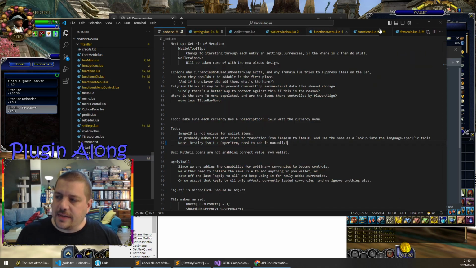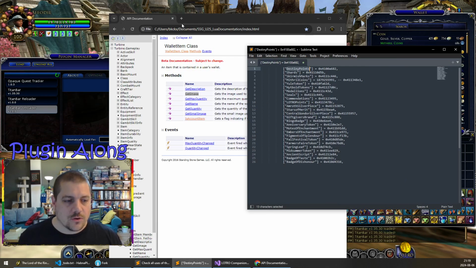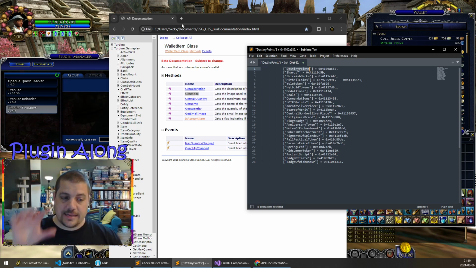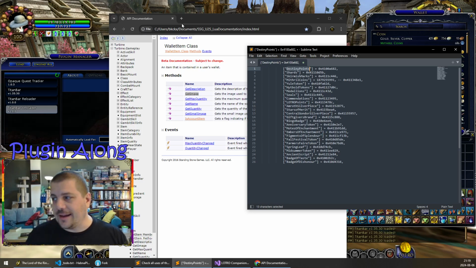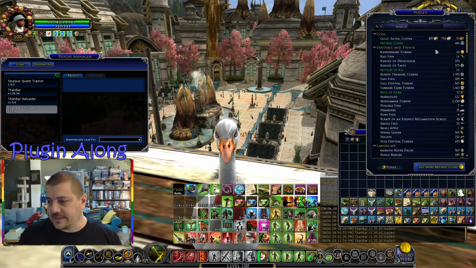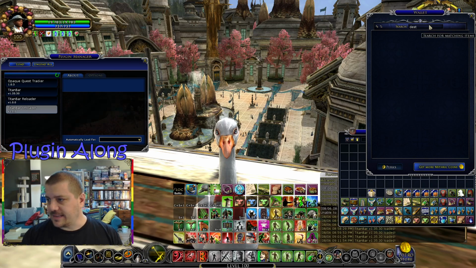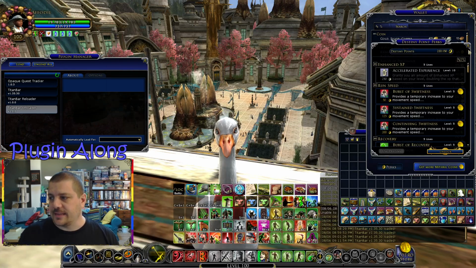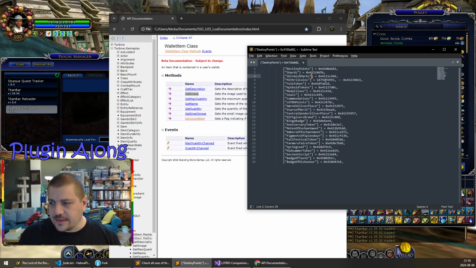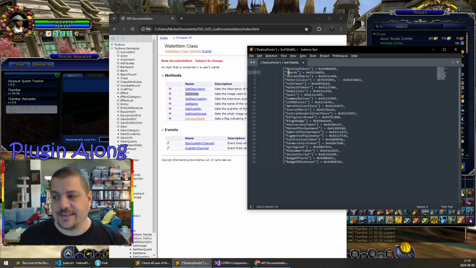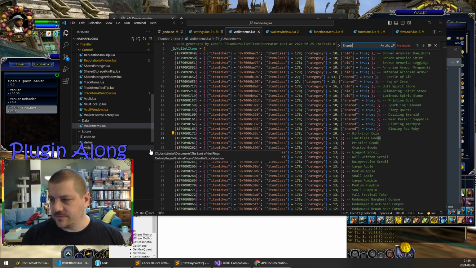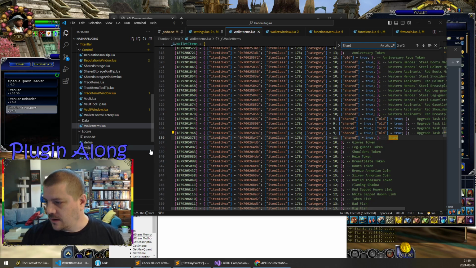Fantastic. It's funny because the TitanBar currency system pulls from a couple different things. LOTRO points, there's no interface to grab it. Destiny points is attached, or you reference it differently than all of the stuff in your wallet. And so it's actually merging together things from a couple of different places. Is Destiny shown here? Destiny's not even shown in your wallet. That's fantastic. But it is accessible via the API, so that's good. Okay, so Destiny points. Definitely glad we found that, but let's continue onward. And yes, shards, even though it doesn't need to be there,